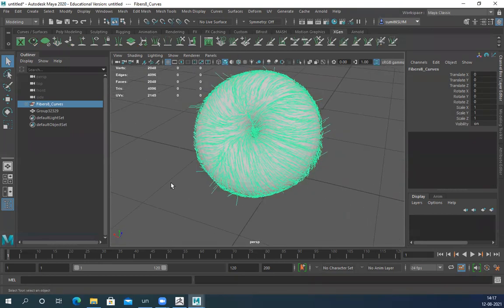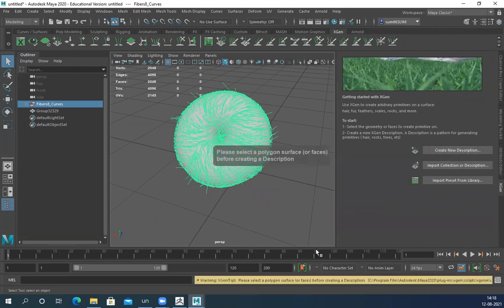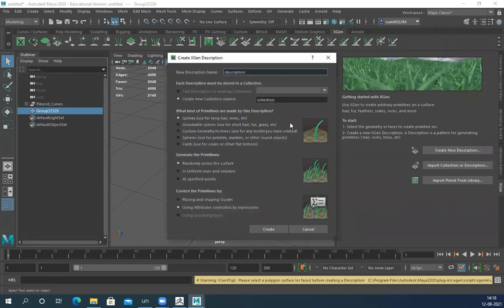Now I have to create descriptions. Click on the first option. It will ask what you want to do. So create new description. This is my hair. Oh sorry, I have to select the mesh and click on this. You can name it whatever you want, like underscore bun, and the collection also.